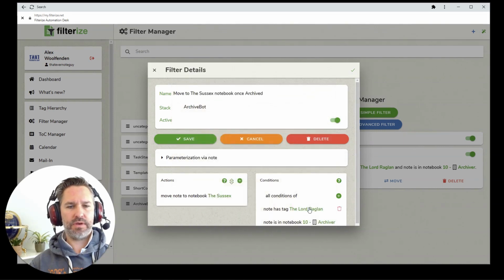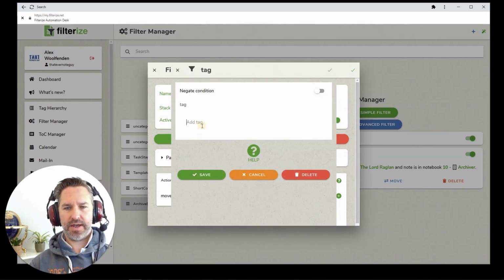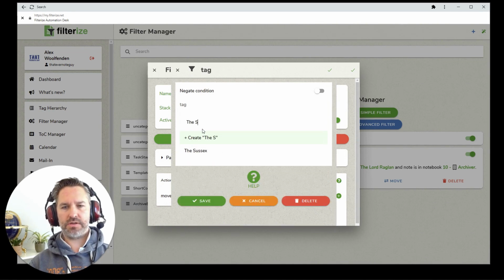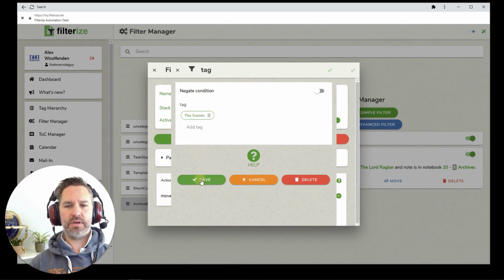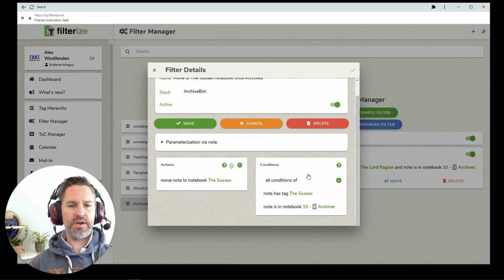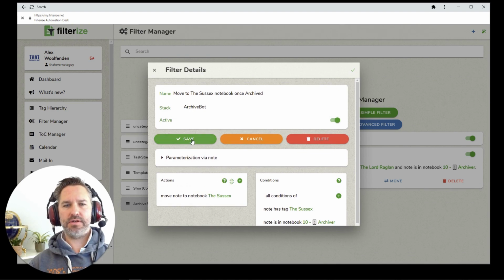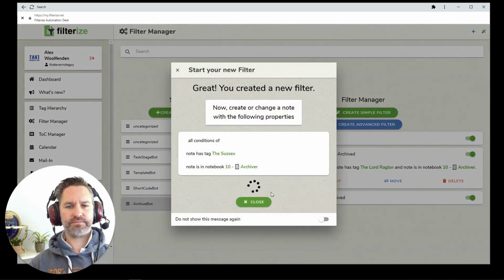Save, change the Lord Raglan, delete that tag, add the Sussex. There we go. Save, and that's another instruction. We don't need to change the bit that says is in notebook archiver because that's already set up. So we save that,